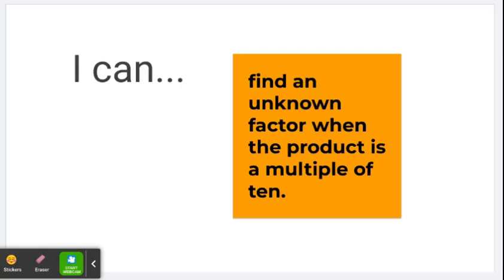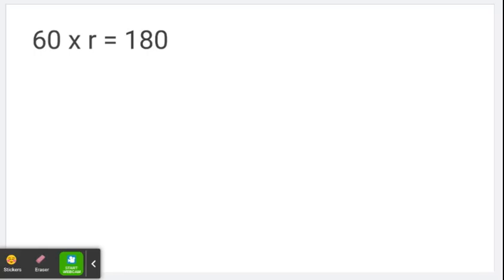I can find the unknown factor when the product is a multiple of 10. All right, so we have 60 times R equals 180. So we know one of our factors is 60 and our product is 180. To do this, since the factor that I have is a multiple of 10, I'm going to start by